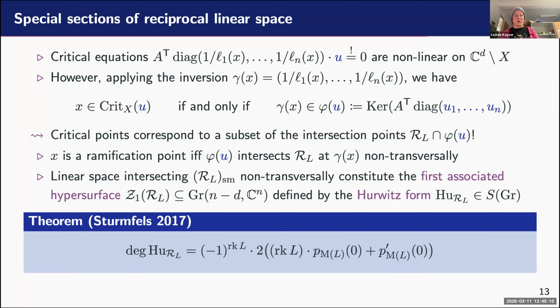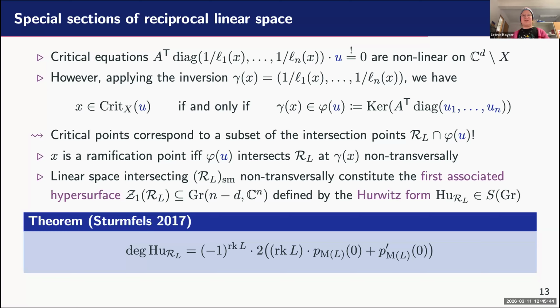And now we're interested in ramification points, so points where you have a degenerate critical point, or you have multiplicity. In the geometric picture of intersecting RL with the linear space, this corresponds to linear spaces that non-transversally intersect the reciprocal linear space in its smooth locus. That's a technical addition. And this locus, this first associated hypersurface, is defined by one polynomial in the Plücker ring